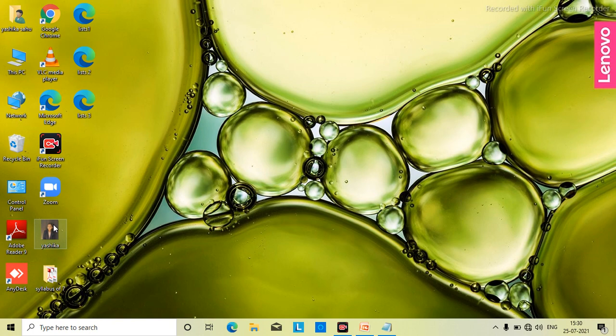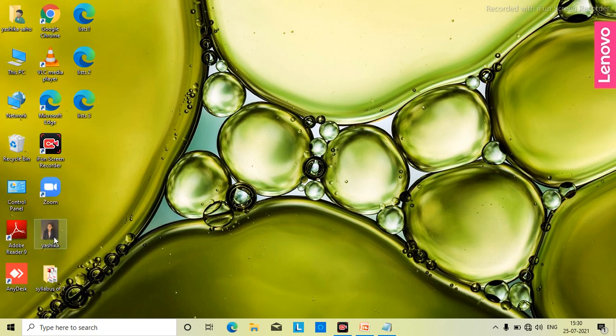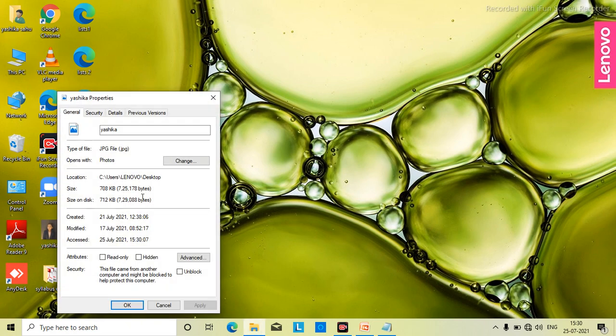Just right click, then go to properties, the last option. Here you can find the location. See here, location. You just select it and press Control C for copying it.